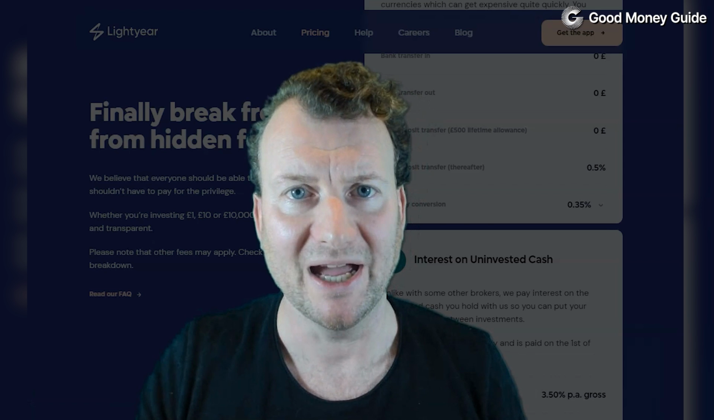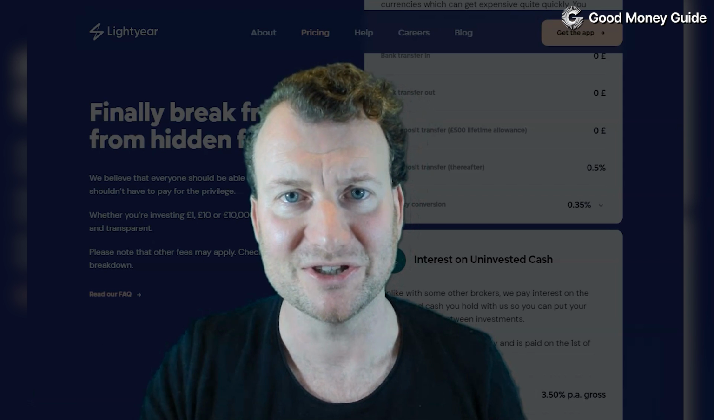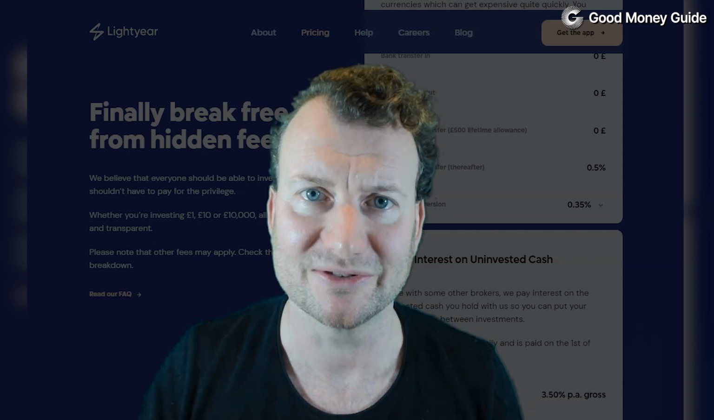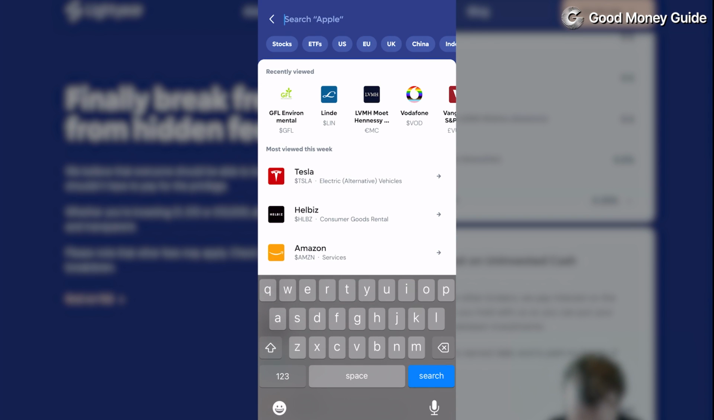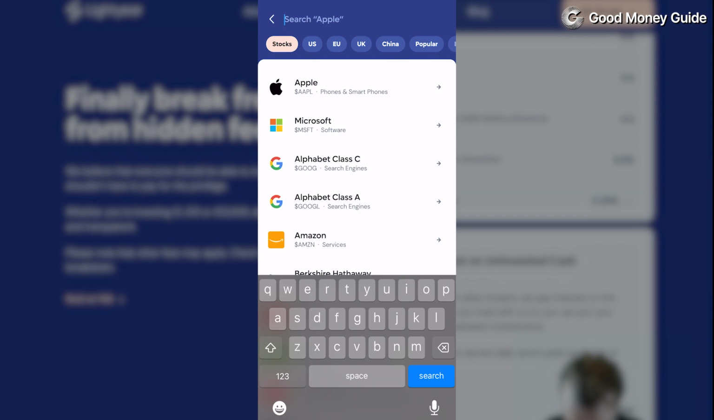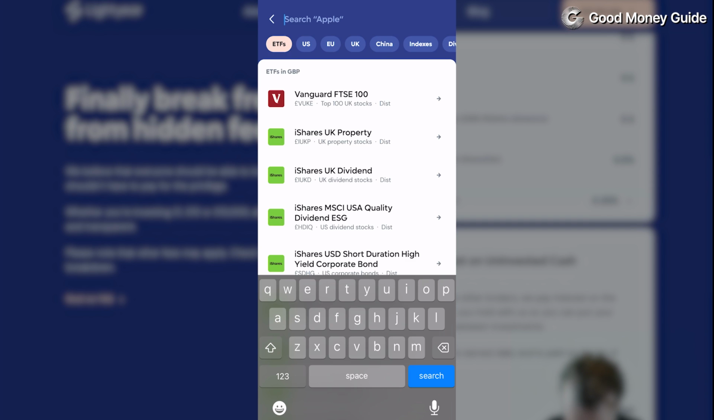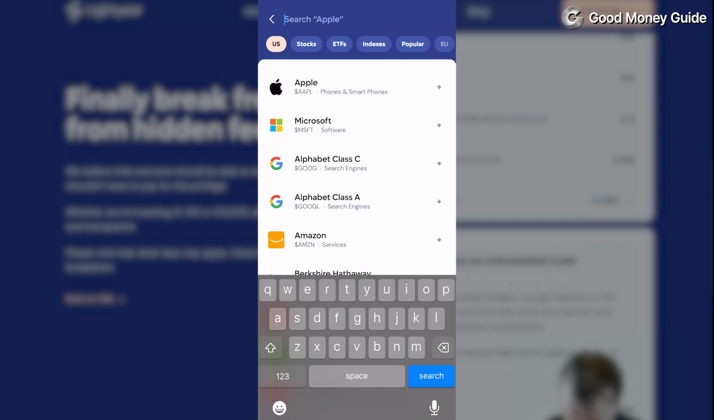Let's just load up the app and I'll show you some of the features that are available to investors on the app. Okay, so this is the app. It's very much got a TransferWise feel to it. It's very easy to use. It's very slick. The initial screen is you can search for any investment you want. You can break that down into stocks and ETFs, and you can also break it down into what region you